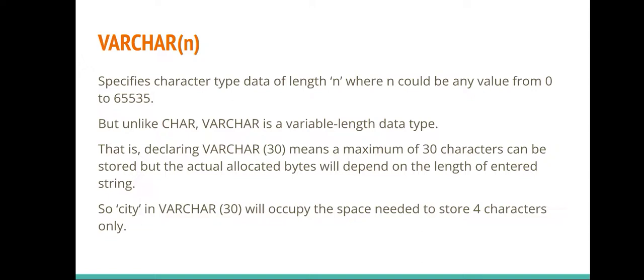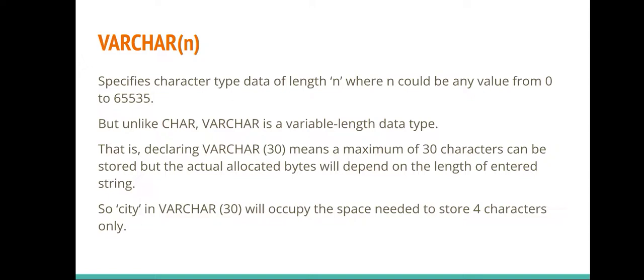For example, if we are storing the value city in a variable of varchar data type of maximum length 30, then it is allowed because city only has 4 characters,